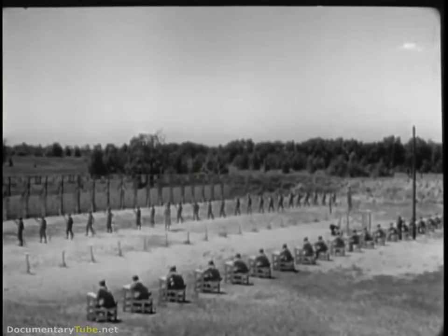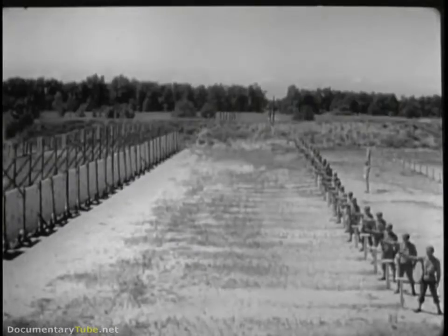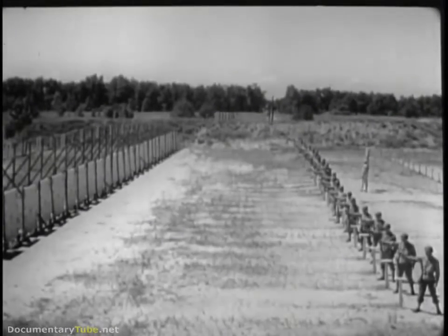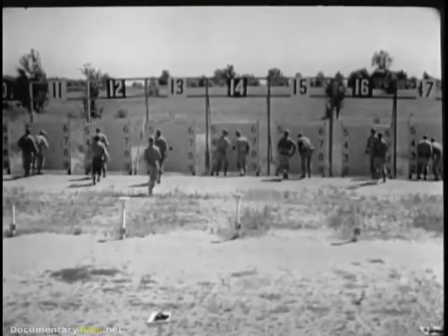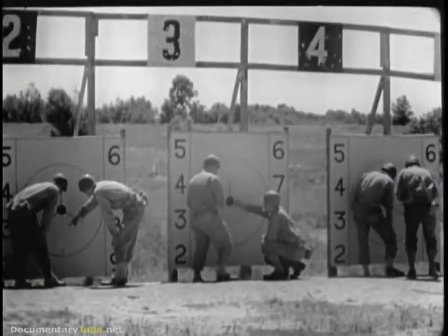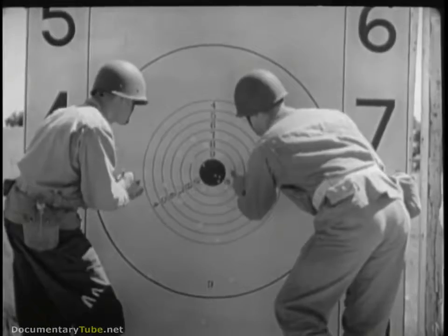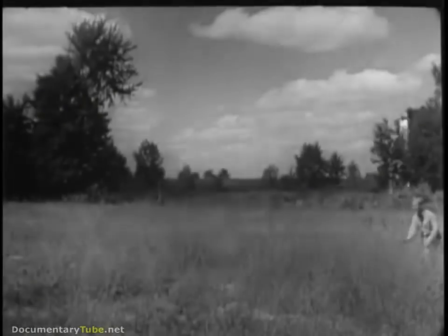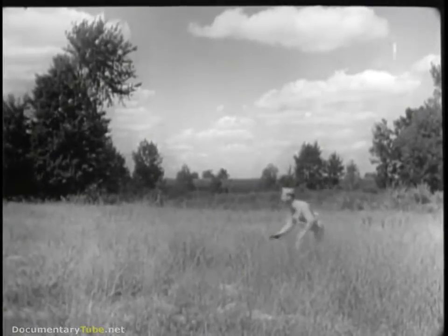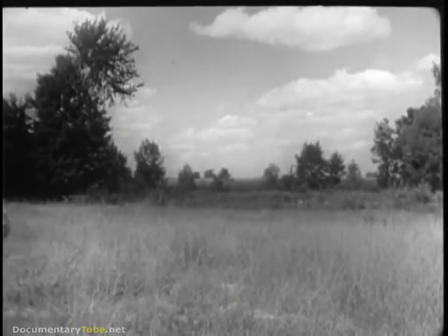Before handguns can be fired properly, men must first complete basic training with the pistol and revolver on a standard range. Here, trigger squeeze, sighting and aiming, and other fundamentals are taught. But to use his gun correctly, a man must learn to fire quickly and instinctively. Just as a rifleman graduates from the practice range to combat firing, the man armed with the handgun must have the same kind of advanced training with his weapon. A course in combat or practical firing has been designed to give that needed advanced training. As in this demonstration,